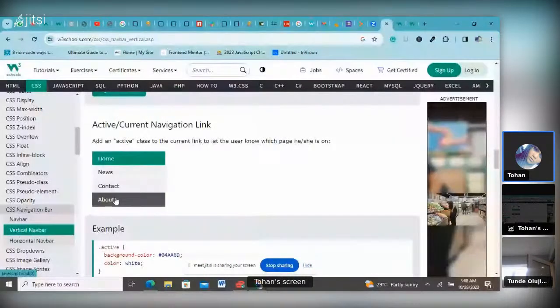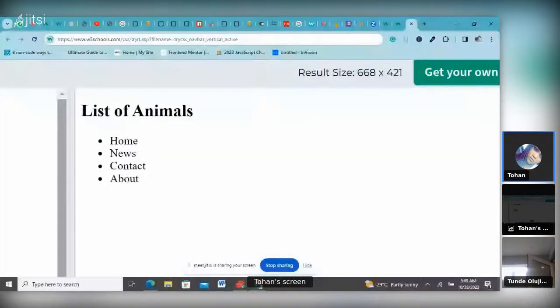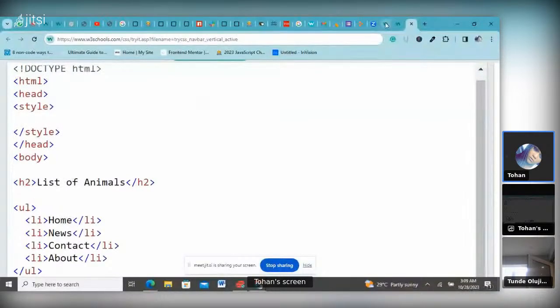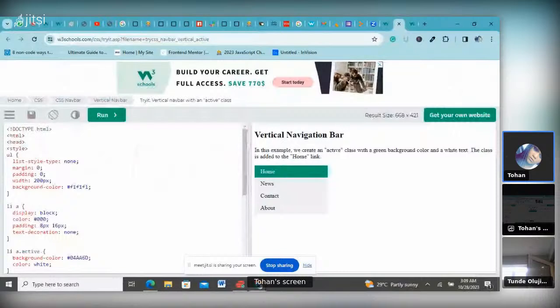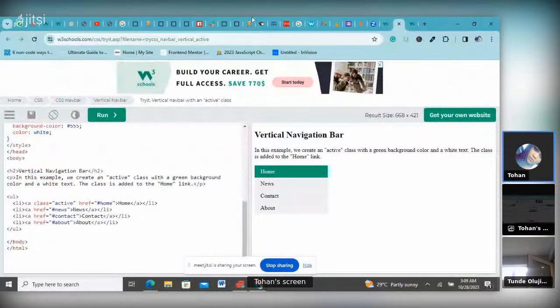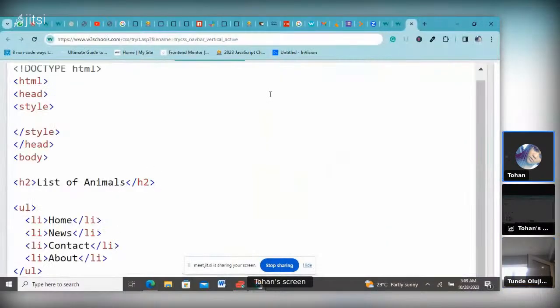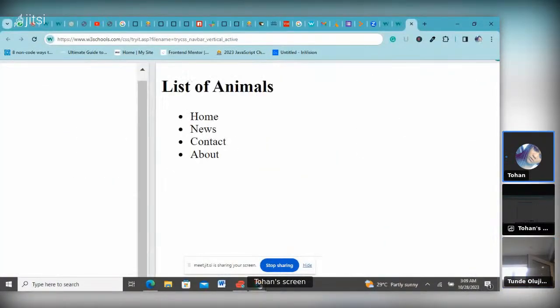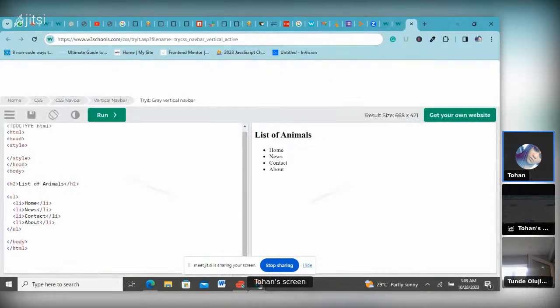Very easy. After you've listed it, you go to your CSS. Your CSS is where the magic happens. The thing with navigation is that it's just a collection of links. It's a list of links. If you look at this,